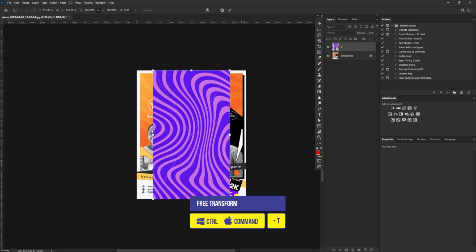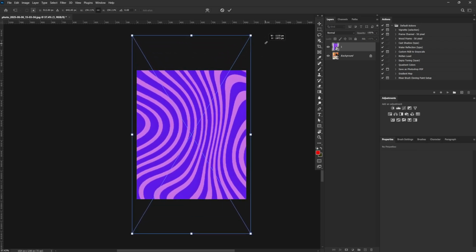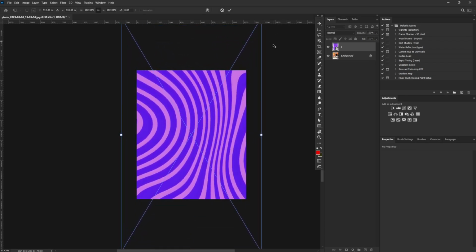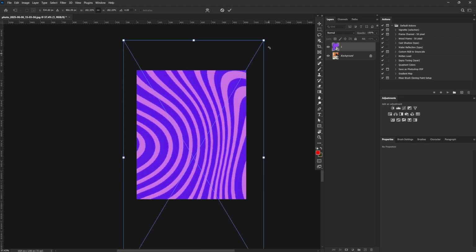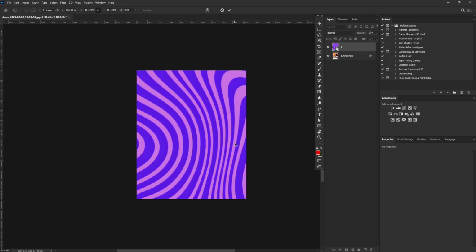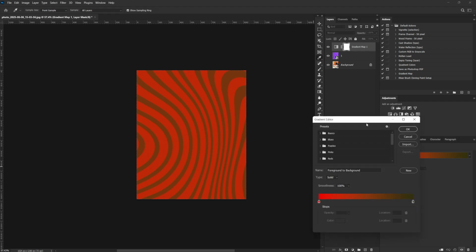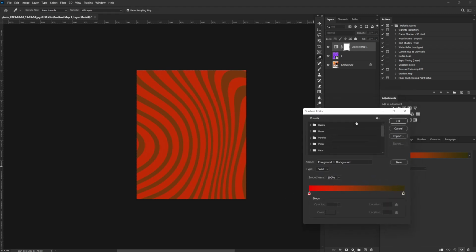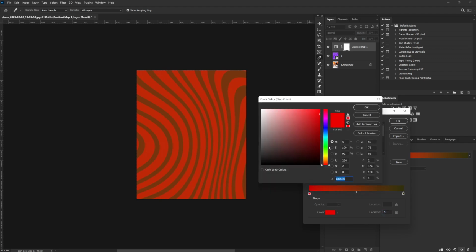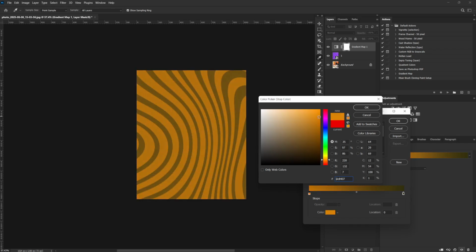Make sure you're always on the right layer. So I'm going to hit Control T to activate the free transform, and I'm going to make this big like that. All right. Then we need to change the color of this because I'm still using the orange color from the original design. So I'm going to activate gradient map here, and I'm going to click right here to activate the gradient editor. Then I'll come here and double click, and I'm going to move this to let's use orange